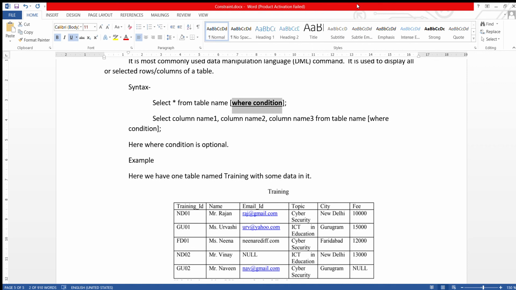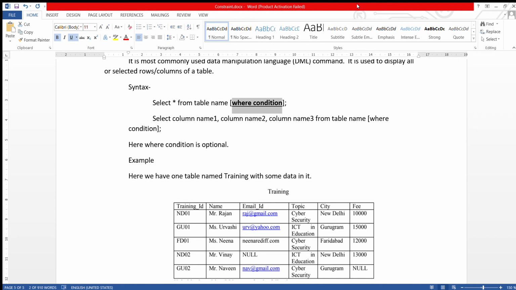If you want to display all the rows, then don't use the where condition. Where condition is used to display selected rows, or maybe all the rows, or maybe no rows. It depends on your condition. Whatever condition you apply, according to that the system will display the rows.